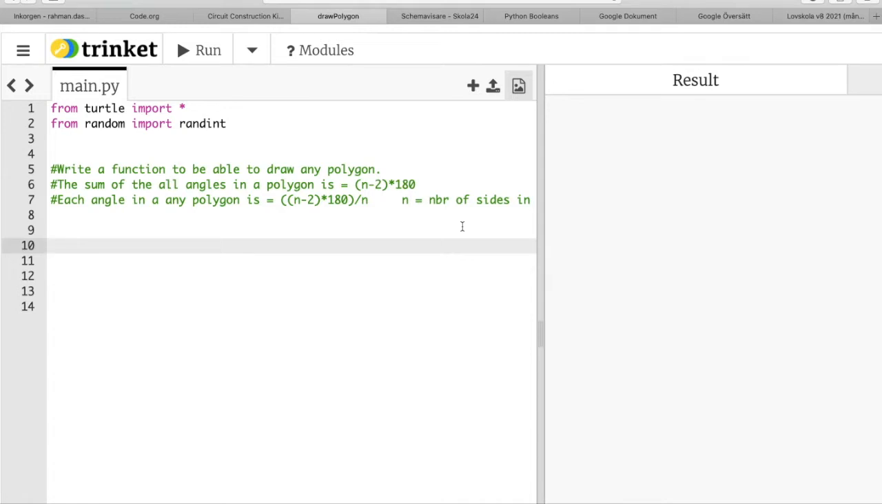Okay, for this one I need a module that's available in the Python library, and I import this module in order to be able to use it. That's called Turtle. Turtle is used for drawing things. So these two modules, I import them in order to be able to use them in my programming. So I define a method called draw polygon,